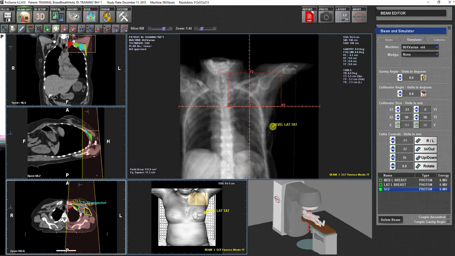And this is the case. So the medial border of the supraclav field is usually off cord, and it is at the lateral edge of the vertebral body. And then the